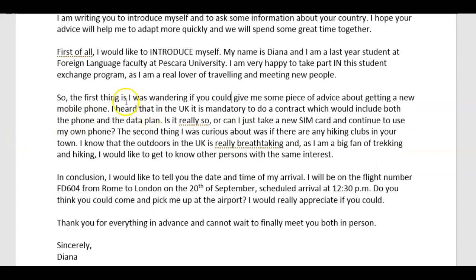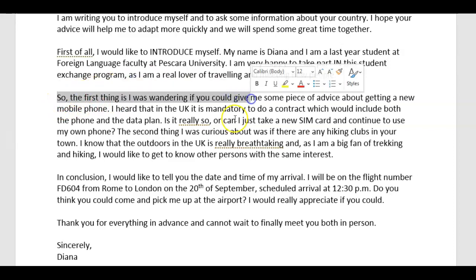So the first thing I was wondering if you could give me. I get your point, but this structure is a bit awkward. You're trying to put together several expressions. So the first thing is, I was wondering if you could give me, right? So I would say, firstly,